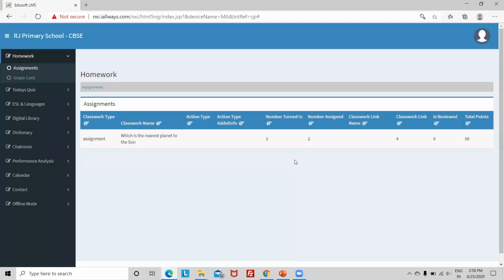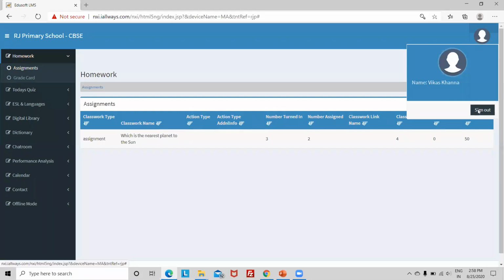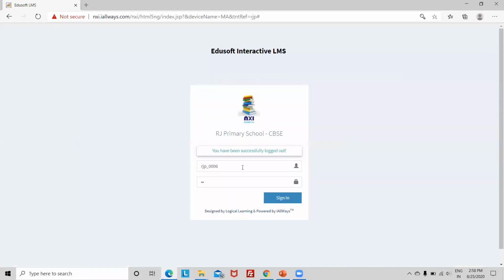So it's there. Once submitted, I can go as a teacher and view the responses that the student has given. Any number of students, like suppose 3 students give a response, I can see the responses of all students against that assignment.